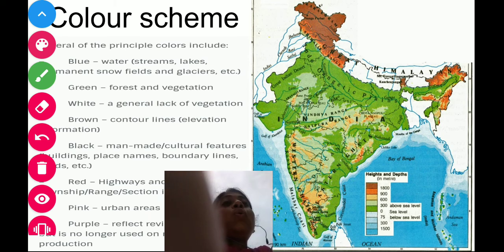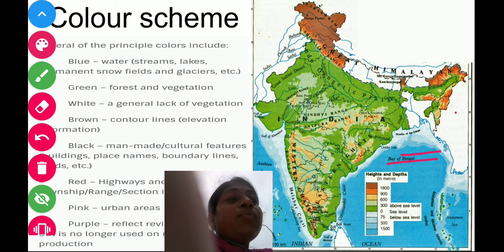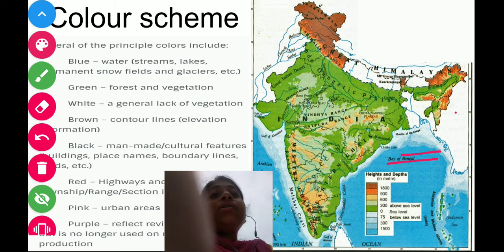Water bodies like oceans, seas, lakes, and rivers are always shown in blue color. Let's see the map. This blue color is water. So water is colored blue, and green color indicates forest and